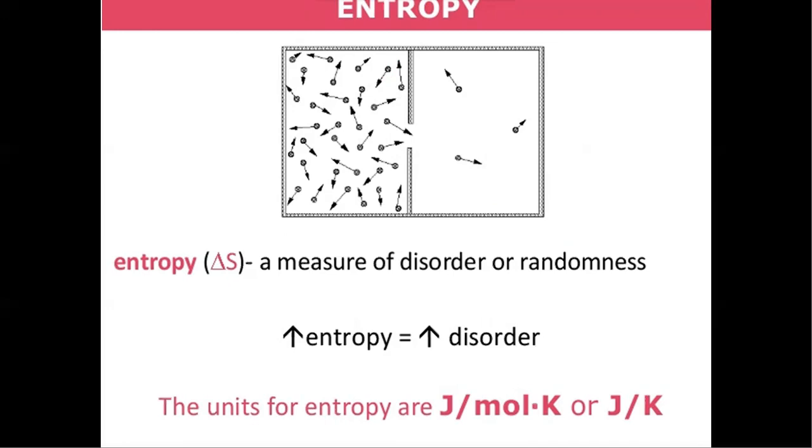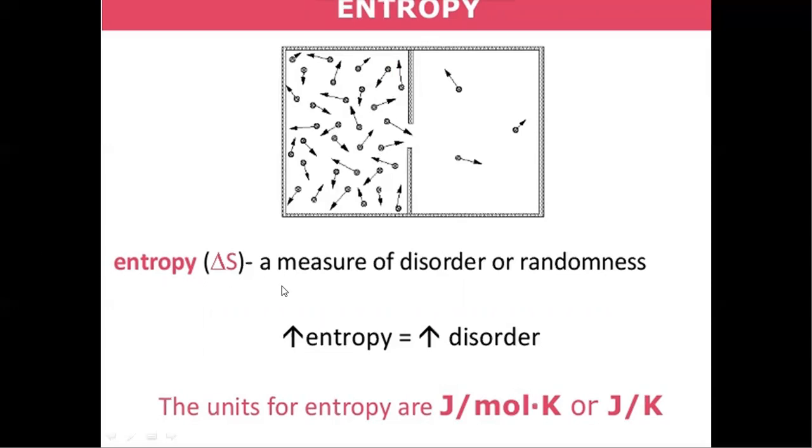Here the entropy values will be measuring the disorder or randomness of the system. If you see this system, it has a single chamber, so the randomness will be present. If these gas molecules are allowed into this chamber, the randomness will increase. So if you compare with the previous case, the randomness is increased in the second case. That's why entropy increases as the disorder or randomness increases.